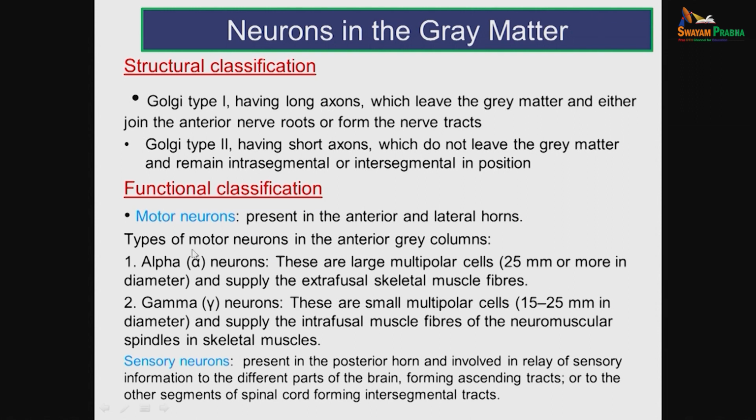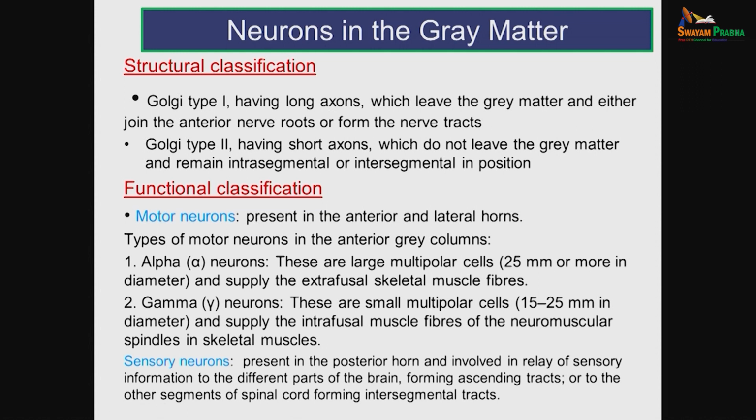Please understand that the ventral grey horn is motor. So, you have motor neurons present in it. It is present in the anterior ventral grey horn and also in the lateral grey horn. The types of motor neurons are alpha neurons and gamma neurons. The only difference is alpha neurons are large multipolar, gamma neurons are small multipolar. Alpha neurons supply extrafusal skeletal muscle fibers, but gamma neurons will supply the intrafusal muscle fibers present in the muscle